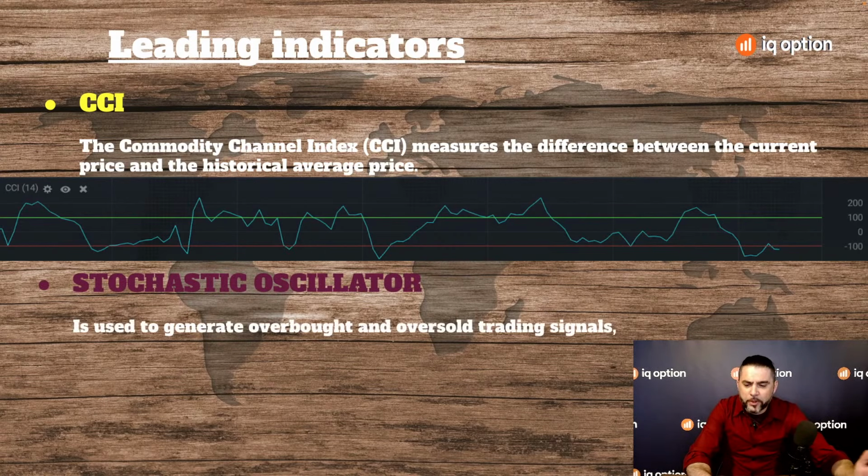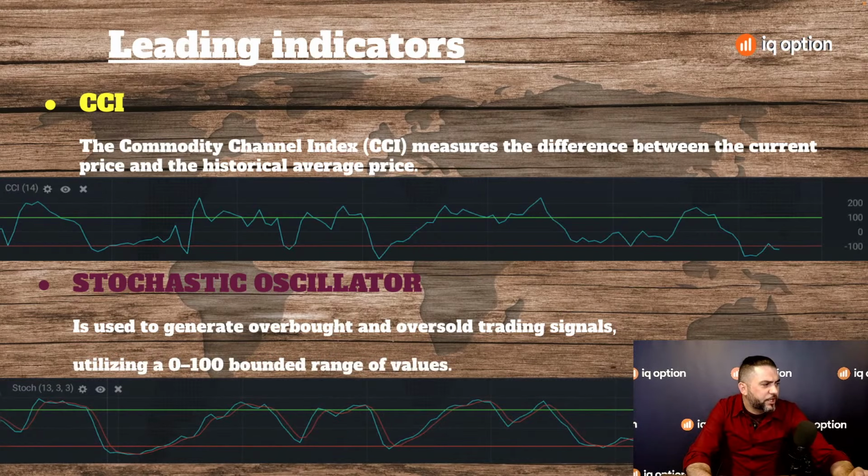So it is a very simple one as well to understand. It is used to generate overbought and oversold trading signals, utilizing a 0 to 100 boundary range of values. So yeah, if anyone knows how to use the RSI, this is very, very similar, but instead of having one line bouncing between the 70 and the 30, this one is set on 80-20 as the two barrier levels. The upper one is at 80, the lower line, the red line here, is at 20, and you have two